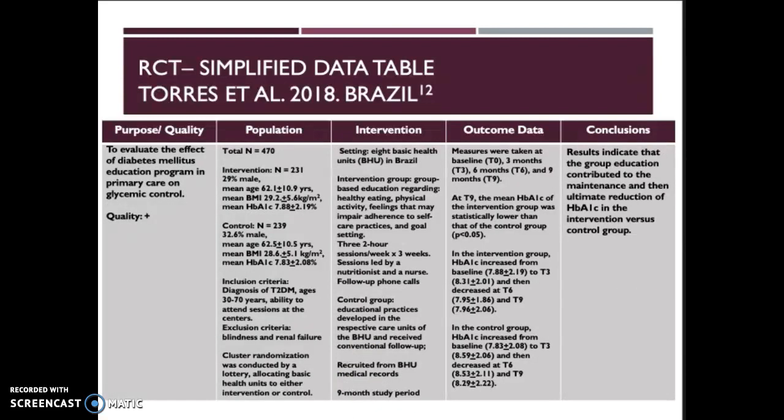The third study was conducted by Torres et al. in 2018 in Brazil, and the purpose was to evaluate the effect of diabetes mellitus education programs in primary care on glycemic control. The total population sample size was 470, and the intervention was conducted in basic health units in